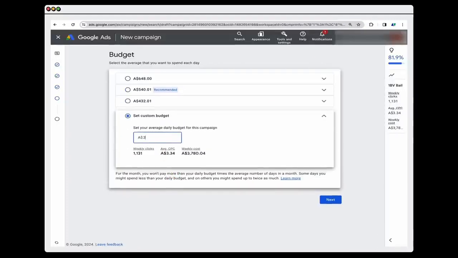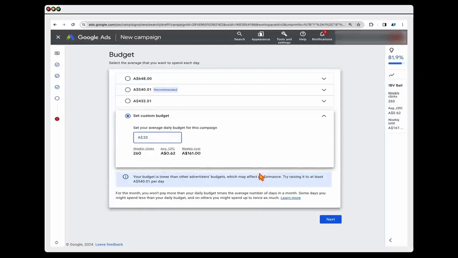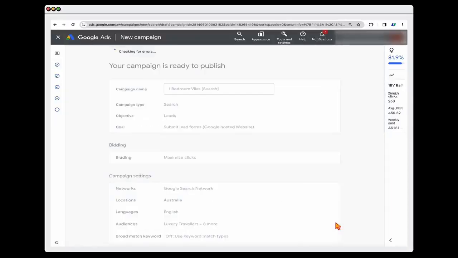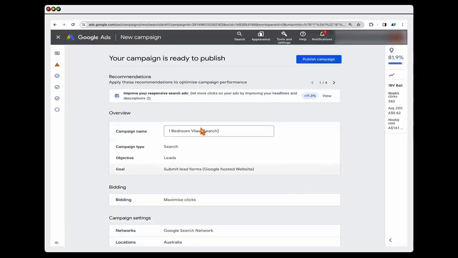We would be setting that at $23 a day because we wanted to get those 10 clicks. We go through and click on next. And then what will happen through here is that Google will be running through the different checks. And because everything is now all okay, we can